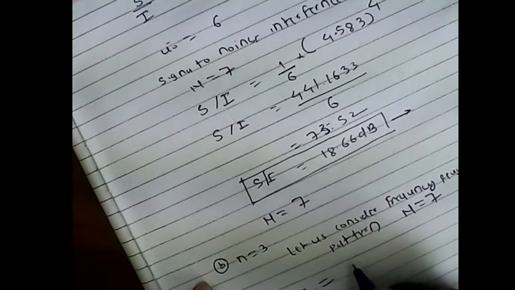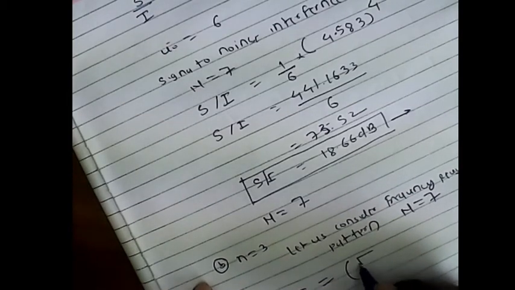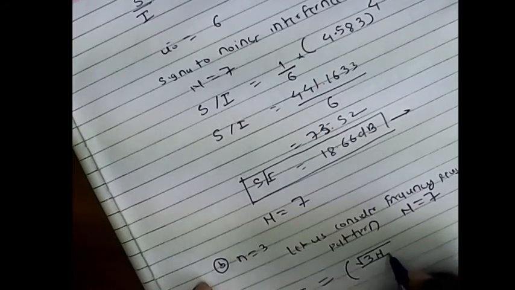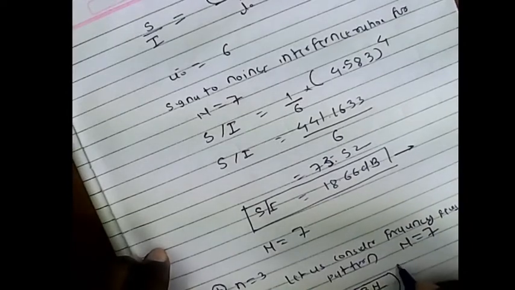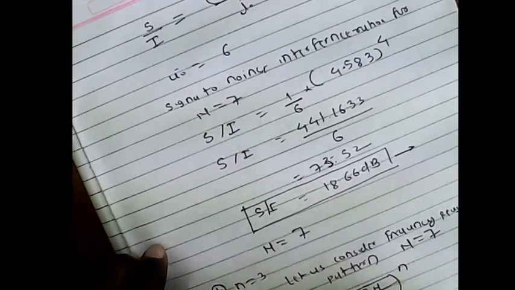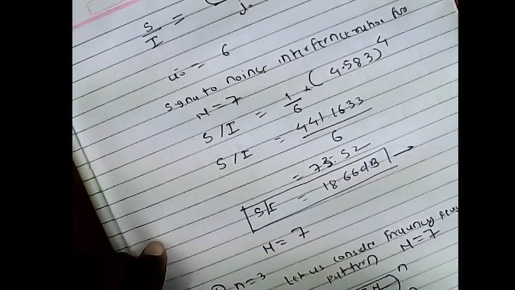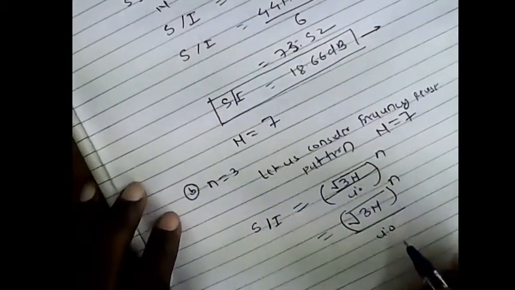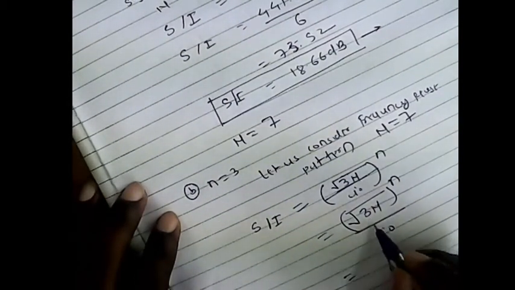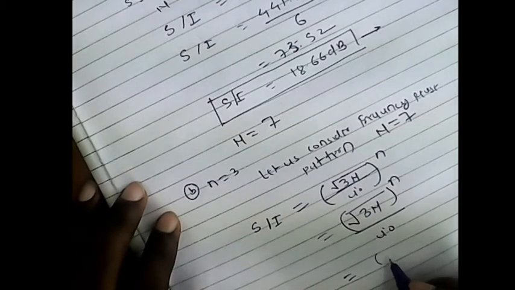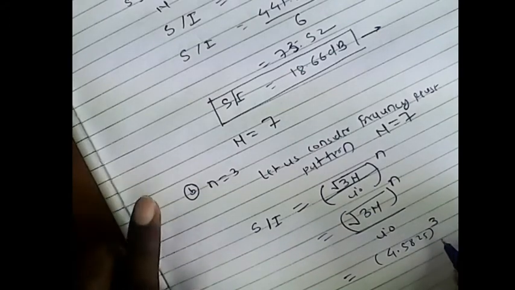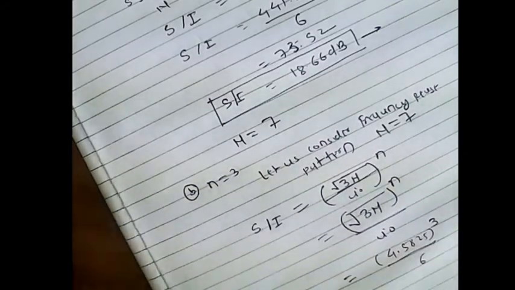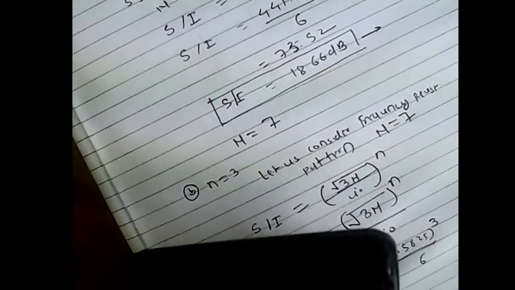So we can write down root 3n divided by I0. I0 will be here, so that is n. See, (root 3n) to the power n divided by I0. 3 root n is already calculated, that comes out to 4.58, and the path loss component is 3 and I0 is 6. So if we calculate this, it comes out to